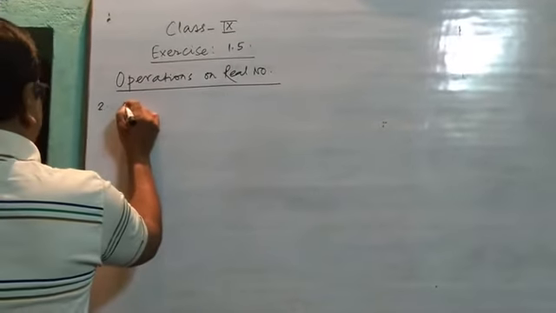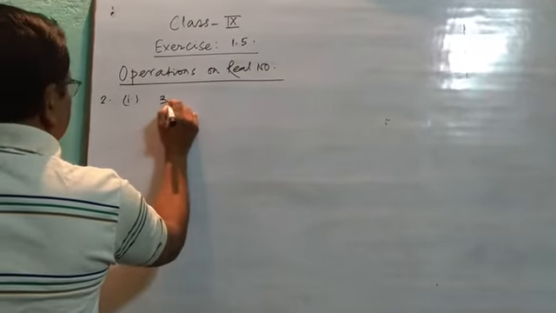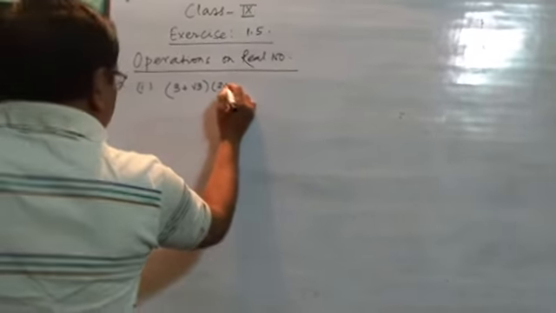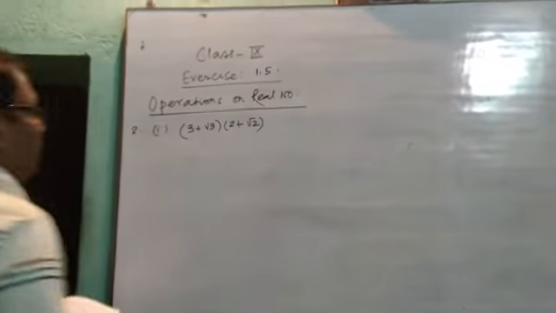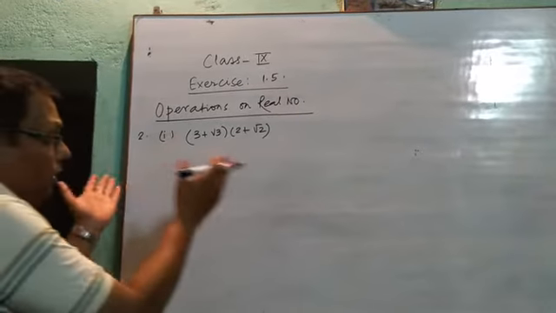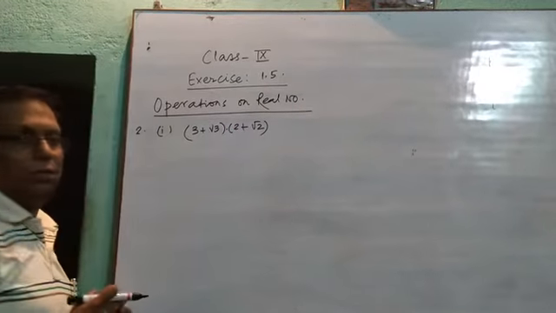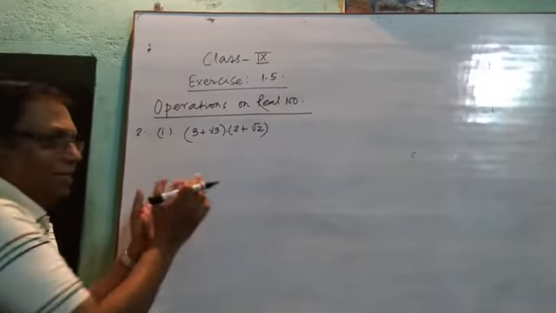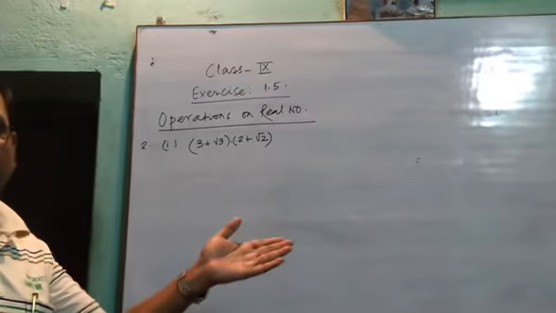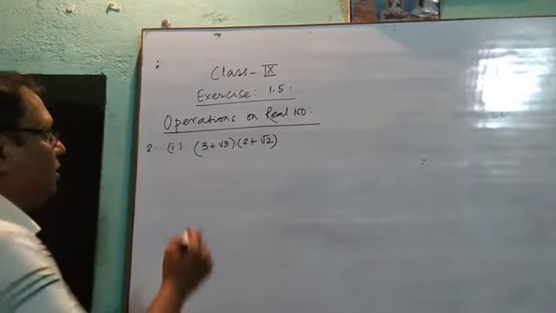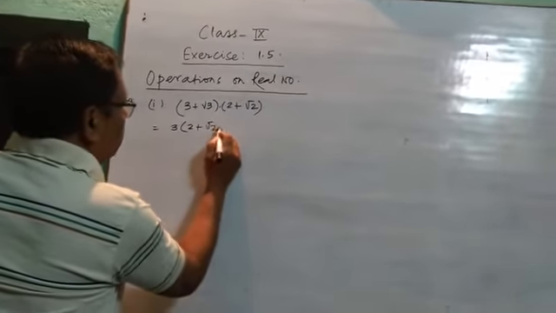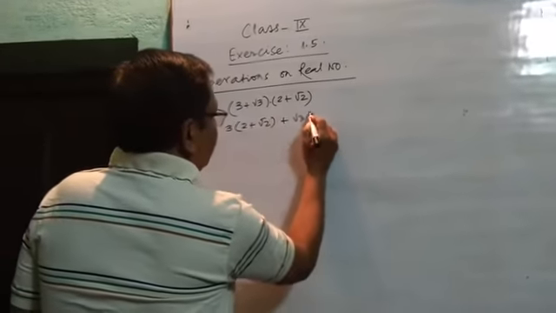The first question goes like this: (3 plus root 3) into (2 plus root 2). The question says simplify, so we have to simplify. Simply, you see, it is a case of multiplication. 2 terms are there in their respective brackets, and we will use the distributive property of multiplication over addition. How to do it? 3 will be multiplied with 2 plus root 2, plus root 3 will be multiplied